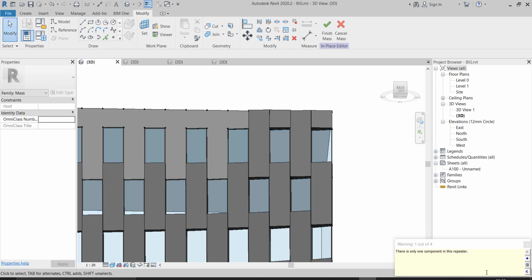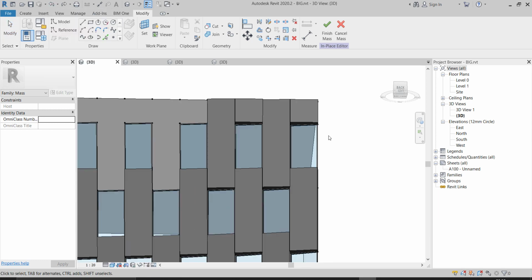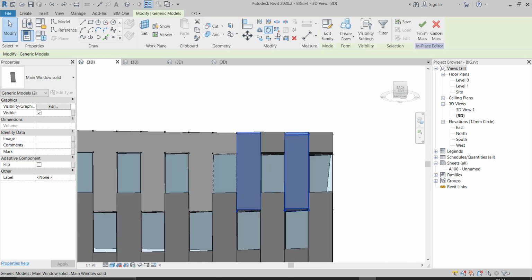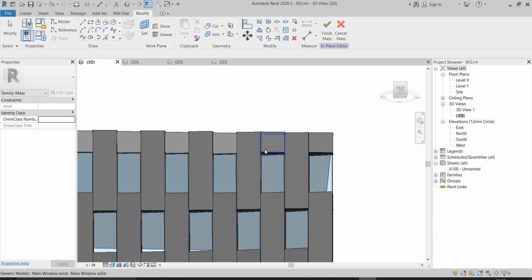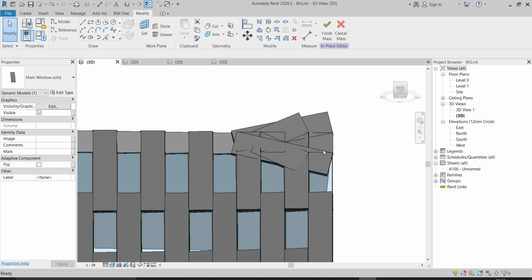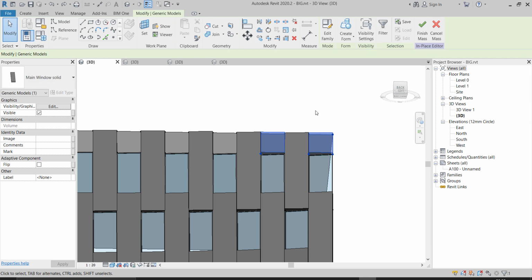Okay, it didn't understand. So I need to do those 2 first, like this. Repeat them. And then I'm going to do the small ones. Yeah, I just by accident selected only one of them, so it didn't know what to do. So select those 2